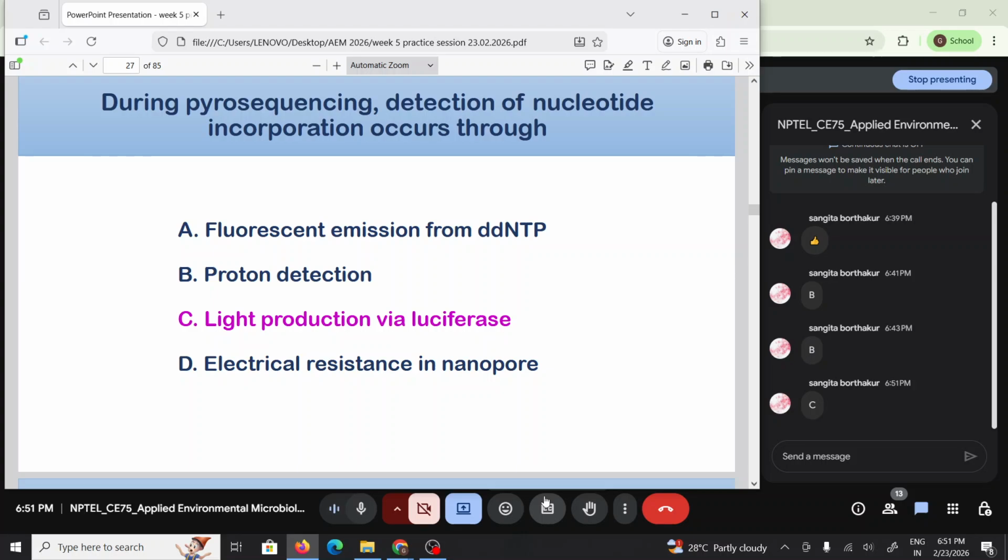Exactly. In pyrosequencing, whenever a nucleotide is added, it releases a pyrophosphate, and this is then converted to ATP by sulfurylase, and